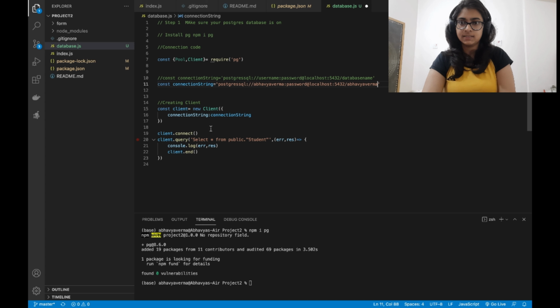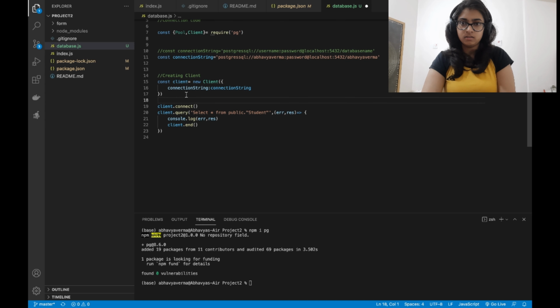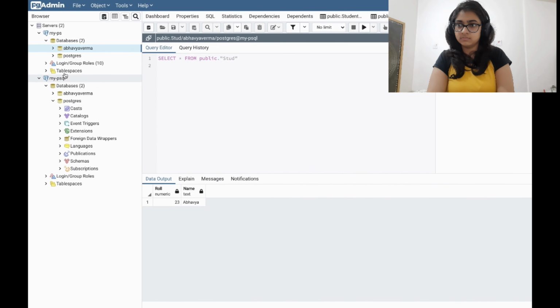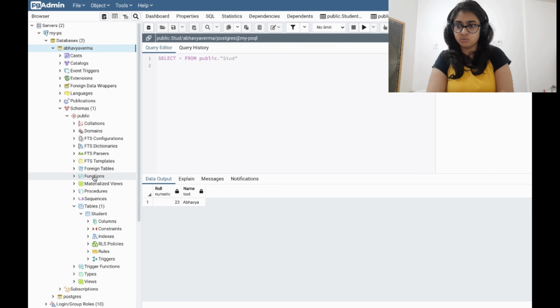And this is creating the client. Okay, remember the syntax very properly. Then you will have to give the command client.connect and then give the query. Inside the query I'm using this table, student.